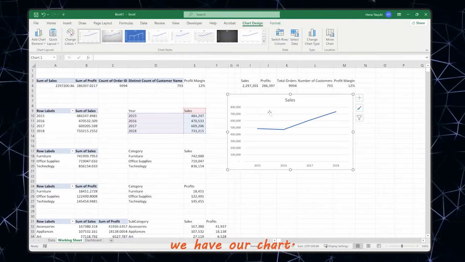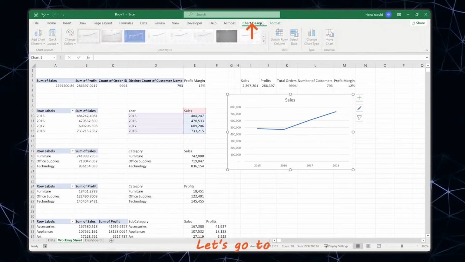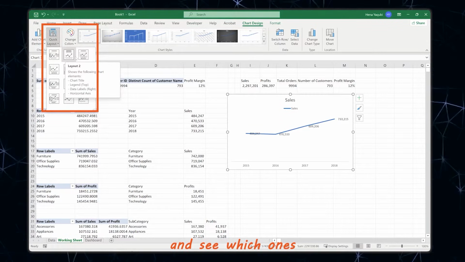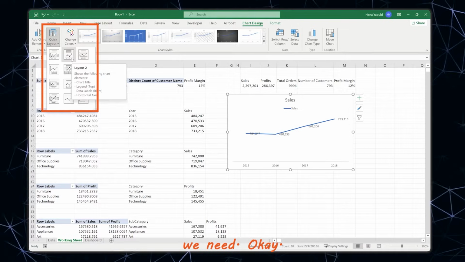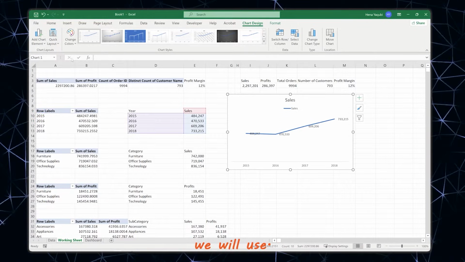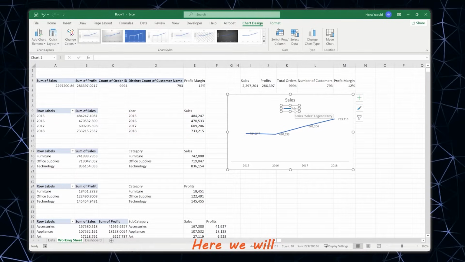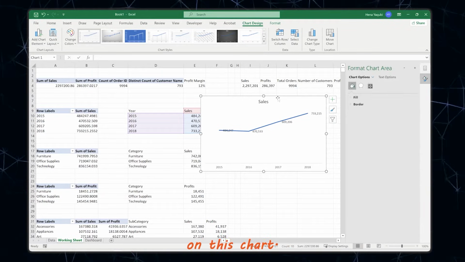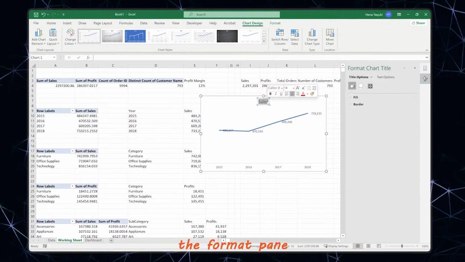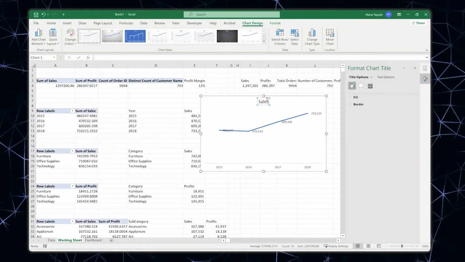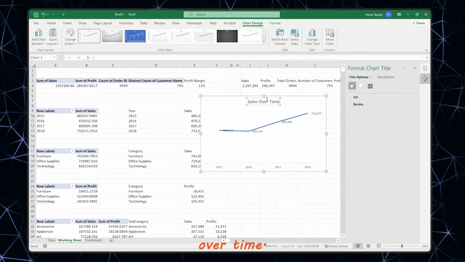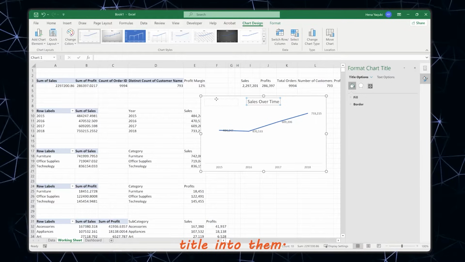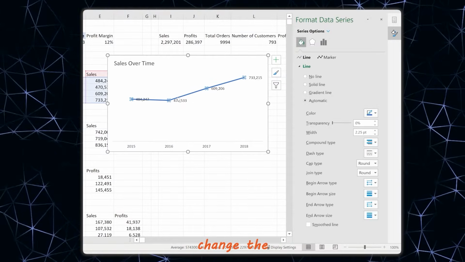Okay, so here we have our chart. Let's format it, and for that, let's go to the chart design here. First, let's use these quick layouts from this part and see which one we need. Okay, so I think this one is the one we will use. Click on this one. Here we will delete this legend, we don't need it, and then double click on this chart so we can have the format page. First of all, let's change the name of it, sales over time. Let's change the position of this title into the here,